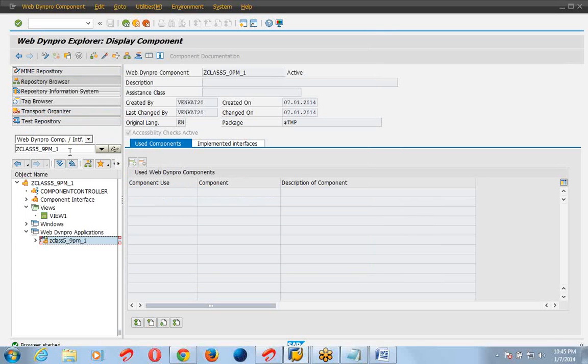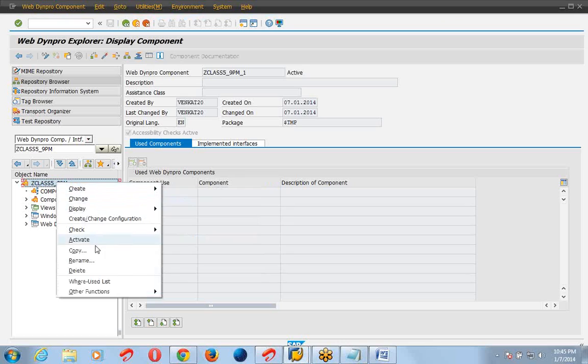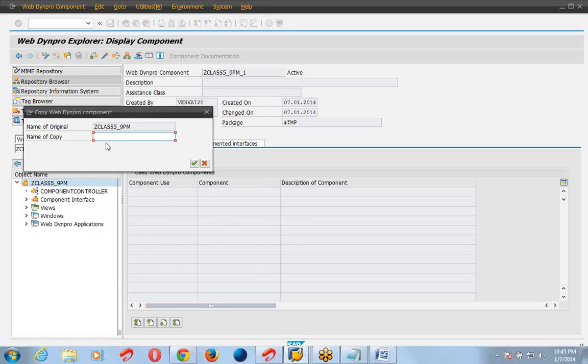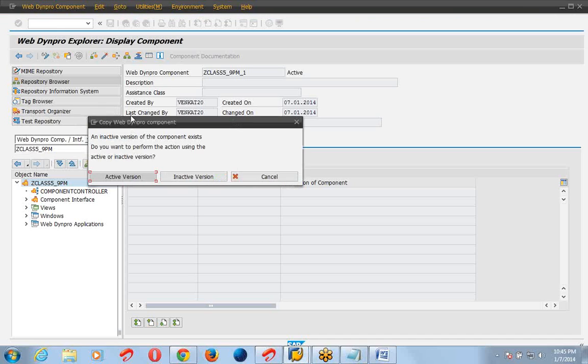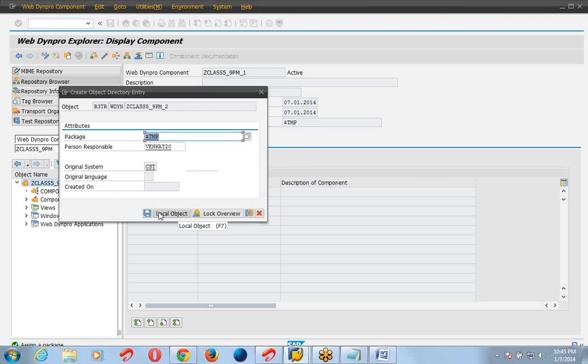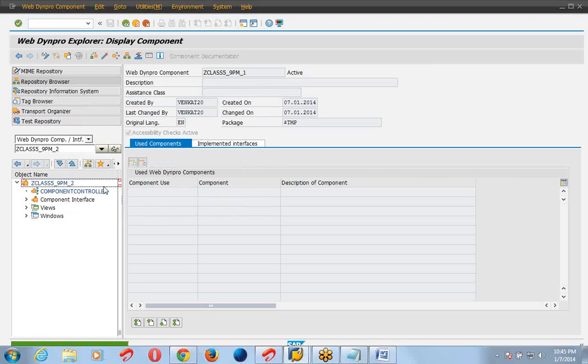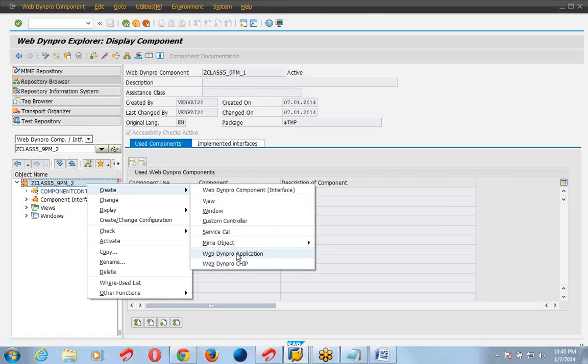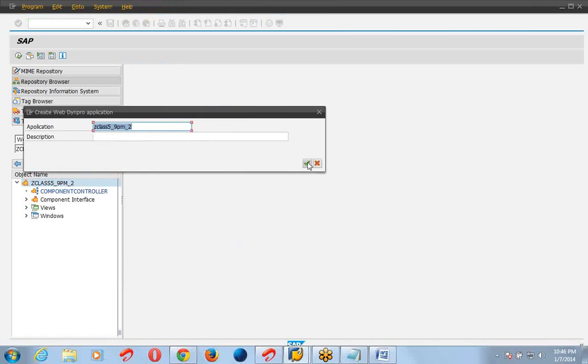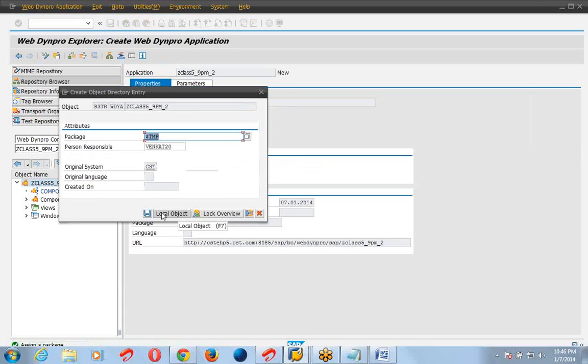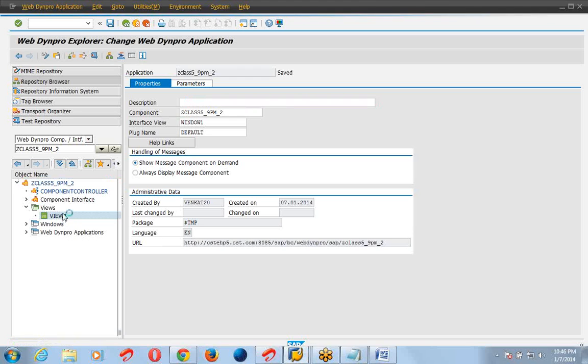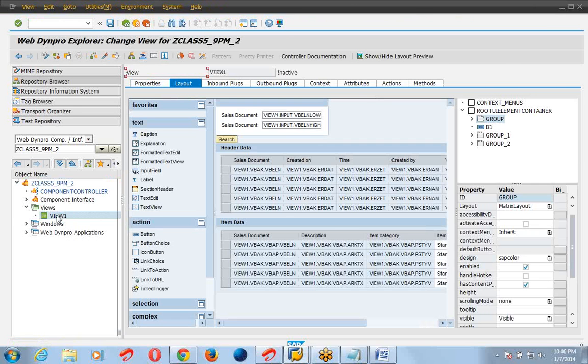Now close this, copy this component, copy the first component. Go to view layout.